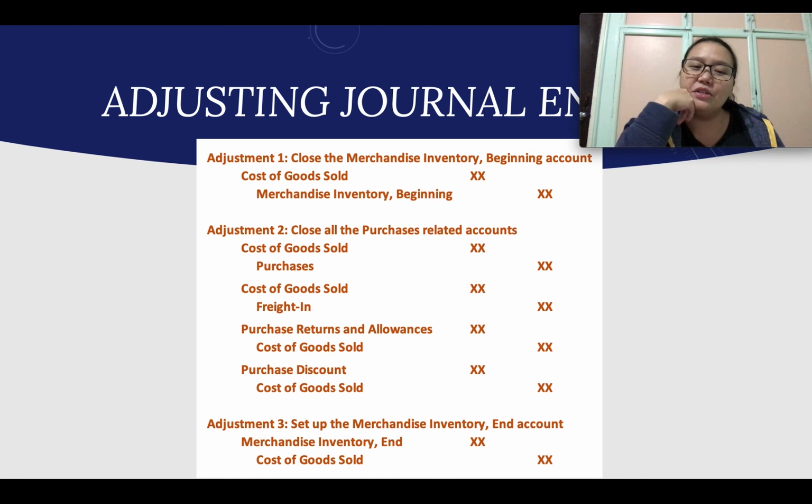Third adjustment is to set up the merchandise inventory end account. So we will set up the merchandise inventory end account because as of the end of the year, the amount of the ending inventory is really the asset that we have, really the goods that we can sell in the next accounting period. Okay? So our entry for this is to debit merchandise inventory end and to credit cost of goods sold. Okay? So after preparing these journal entries, you will already have a balance of the cost of goods sold, which you will use